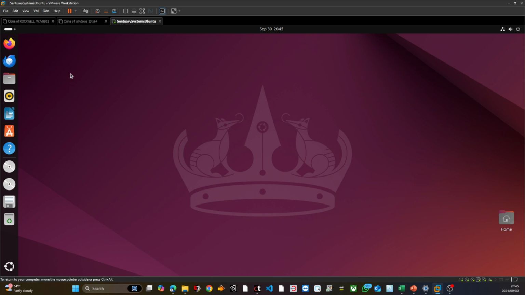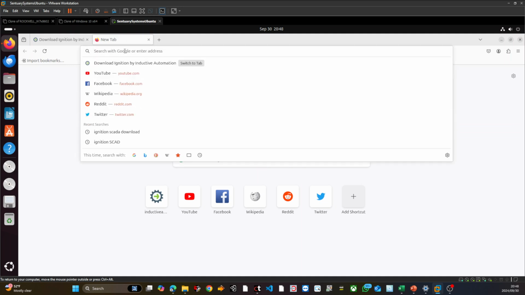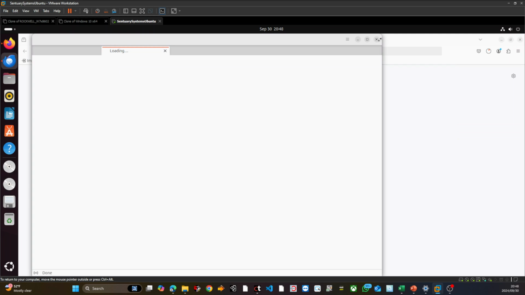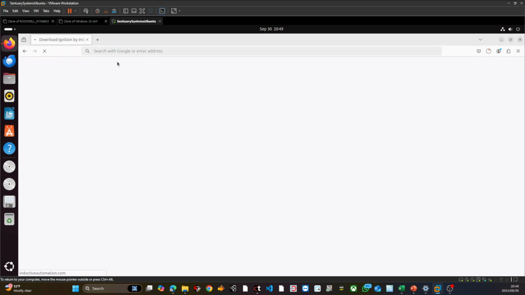So from here you go to any browser, and by default I've got this. I'll just open any web browser. I could open either of the two, but I'll open Firefox, or you can use Thunderbird, but let's do Firefox. Then it opens the browser, and I'll type download Ignition, and let's go there. And then while the browser opens,